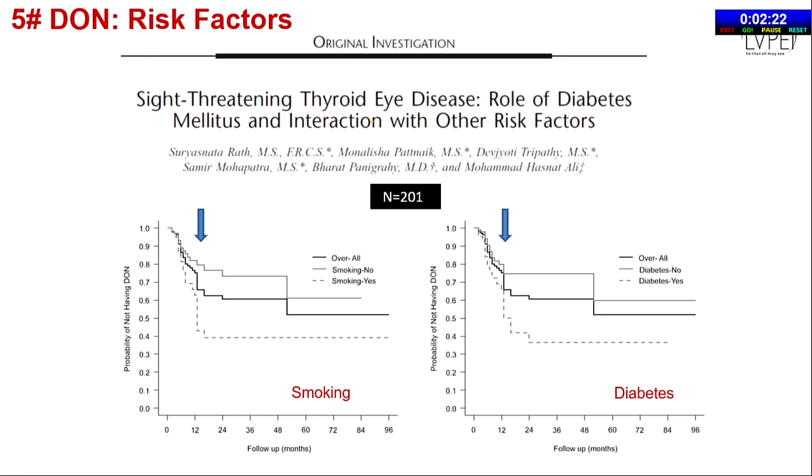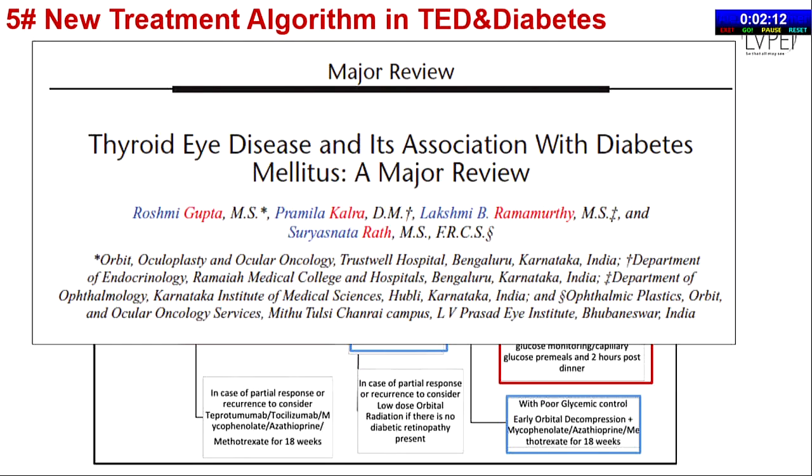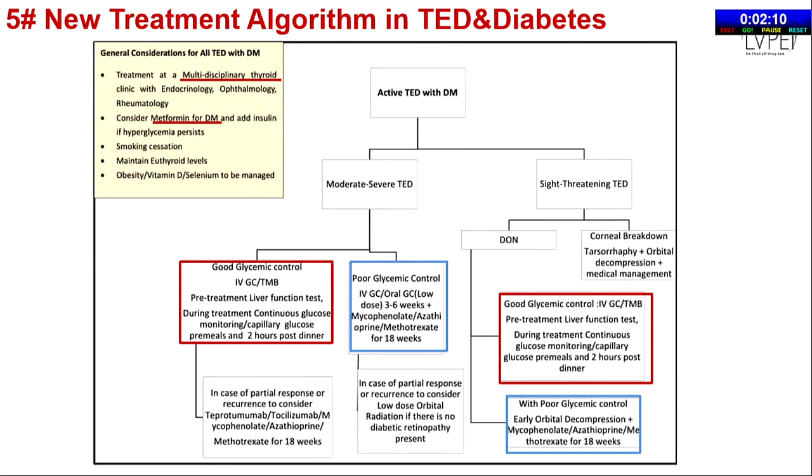Our own work has, of course, shown that diabetes remains a major risk factor, almost as important or maybe more compared to smoking, and doubles the risk of dysthyroid optic neuropathy. Our own work tends to suggest that you probably have to treat them a little differently. There are a lot of things. Obviously, patients with diabetes and thyroid eye disease should be treated in a multidisciplinary clinic. But the key things are you have to look at what drugs you take for diabetes, metformin preferred, look at the lipid levels, and also very closely follow the blood sugar levels.